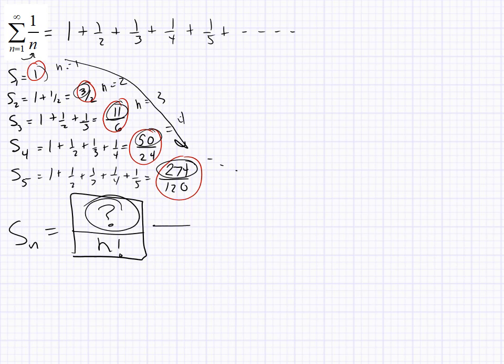So if we can't come up with a formula for the sequence of partial sums, then if we want to look at whether or not the sequence of partial sums converges or diverges, if we want to take the limit of the sequence of partial sums, that's going to be extremely difficult to do because we can't do what we've been doing. We don't have a function that we can take the limit of. Now, there are other ways to find out whether or not a sequence converges or diverges, but when we were talking about that in the previous lesson, we saw that those were not the nicest thing to do.